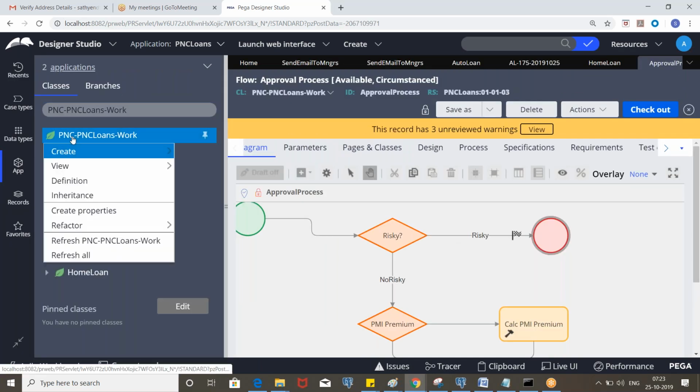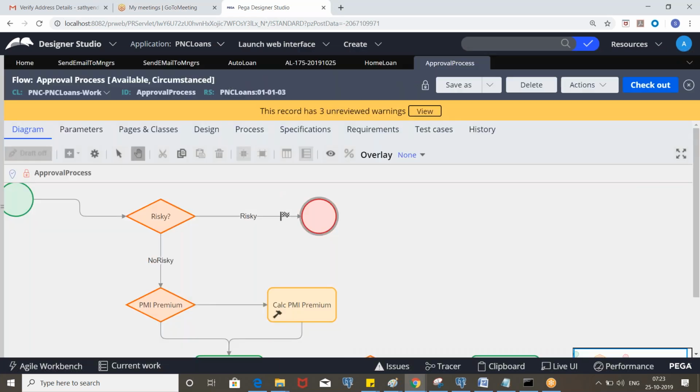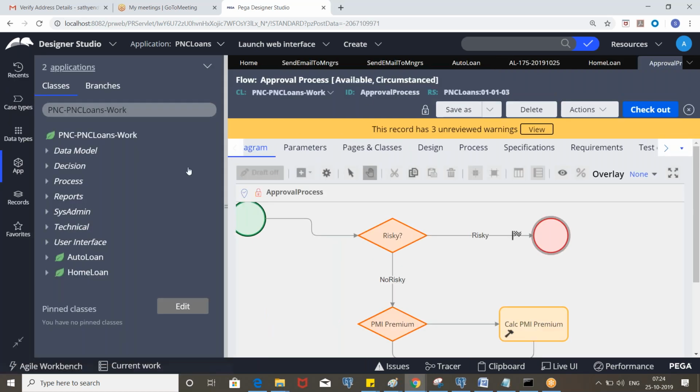Okay, so now we are going to work on the flow actions and UI architecture. So far we created multiple flow actions, and we invoked them in the connectors of the assignments. These are all called connector flow actions.